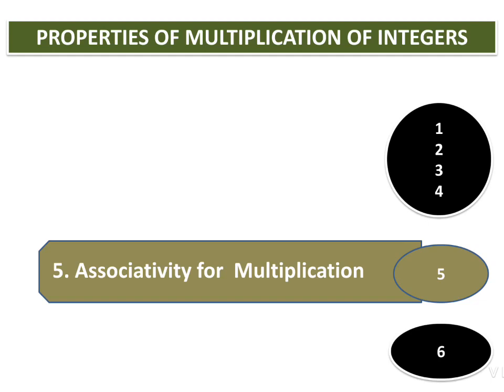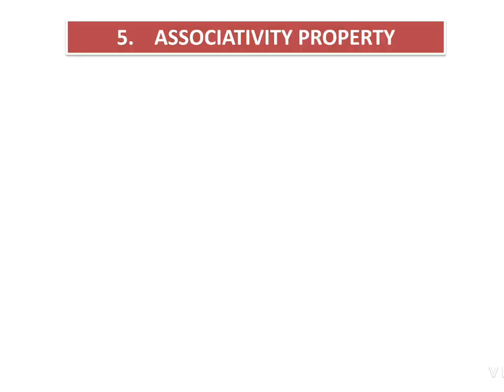Let's see what the associativity property is. For this, we consider three integers. Remember, in the last class, for studying four properties, we discussed only two integers. Here we take three integers. Consider this example: minus 2 into minus 10 into 9. Here there is a special bracket, where two numbers are grouped and one integer is outside the bracket.